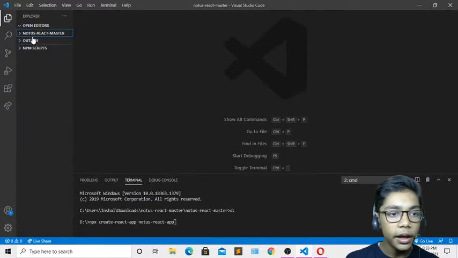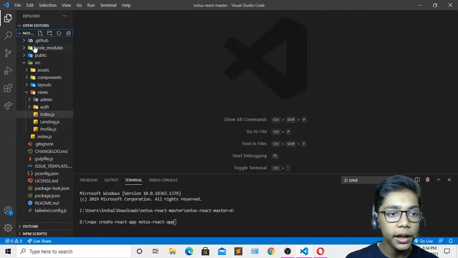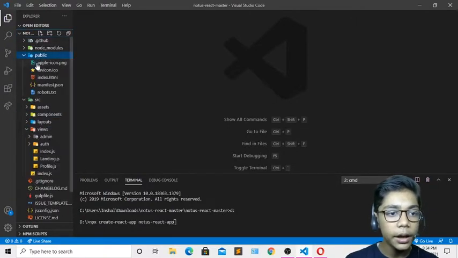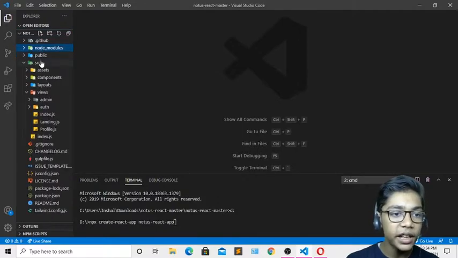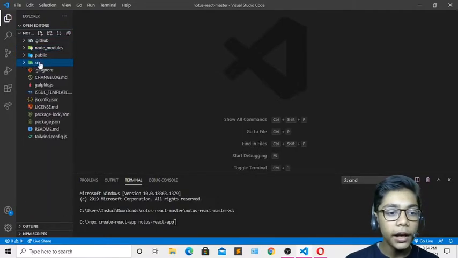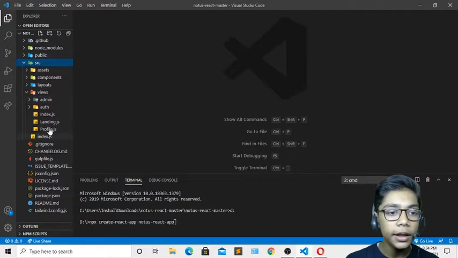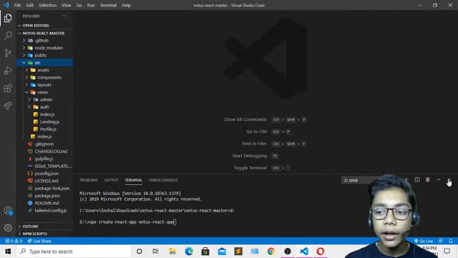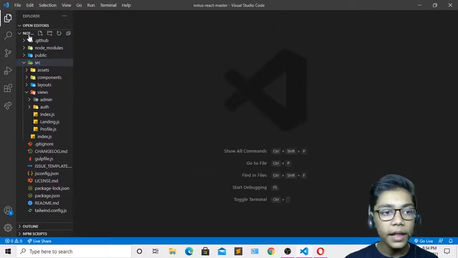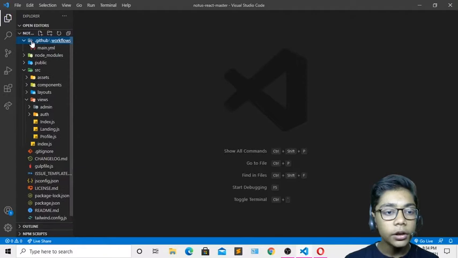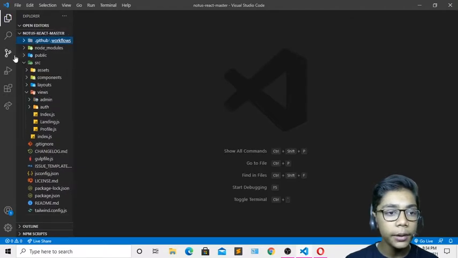You can see that in Notus React we have things like React master, public, and node modules. Then we have our source folder, and when you do that, you will also have all these files. You don't have to create them, because they are created automatically. When you have done that, I will close it, and then you will have one github folder, like I've shown you in Notus React.